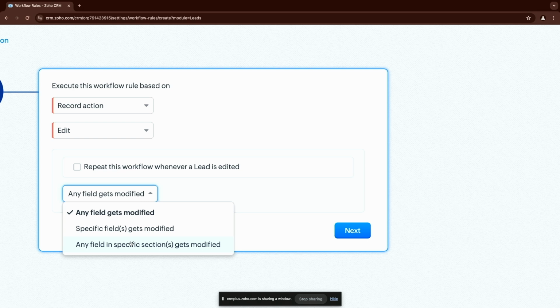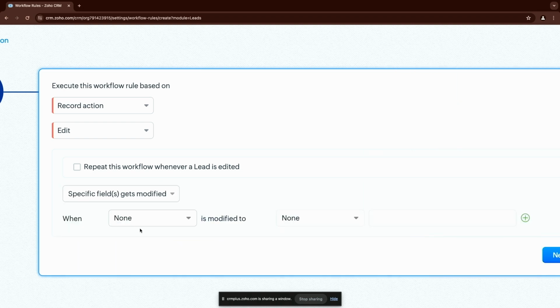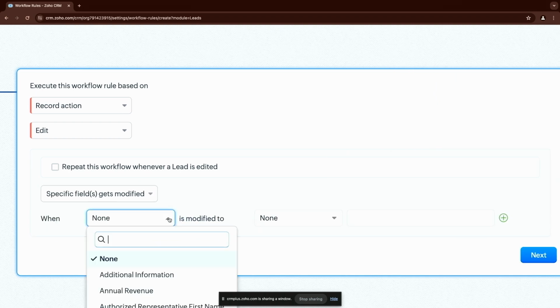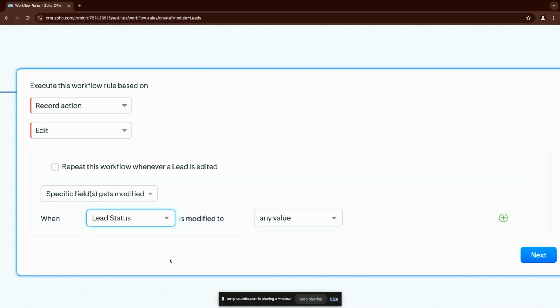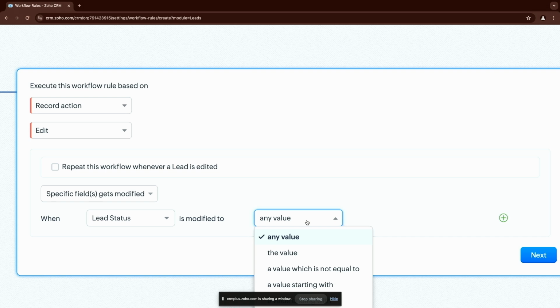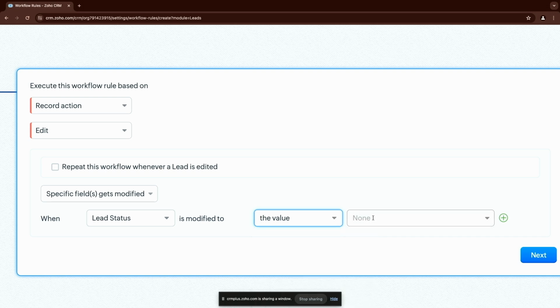Maybe whenever one of those fields within, as an example, a medical history section is updated, that could trigger a workflow. But I'm going to pick a specific field, and the field that I'm going to pick is going to be the status. And I'm going to say whenever the lead status is modified to the value,